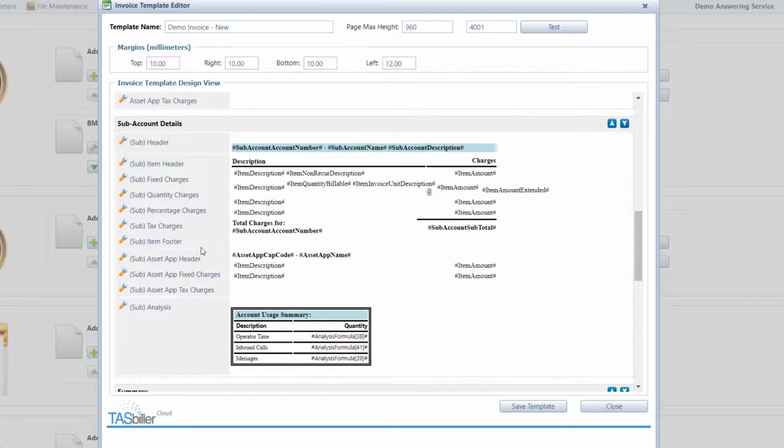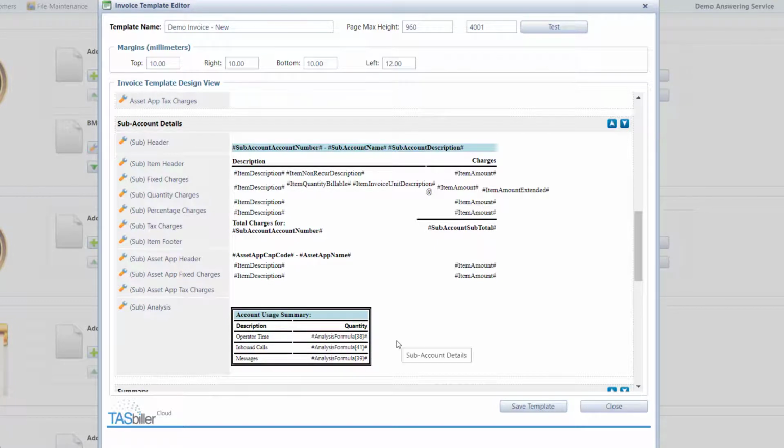For sub accounts, something new that we had to do is create a sub account header. Now, before we had the item header, which contained the sub account number and the sub account name. We moved all of that for you from the item header into the sub header, so you'd still have it at the beginning, but because there are some options here, you may have a sub account that's a transfer to master, so there are no transactions, there are no billable quantities, but you may have pagers assigned to it, or you may have